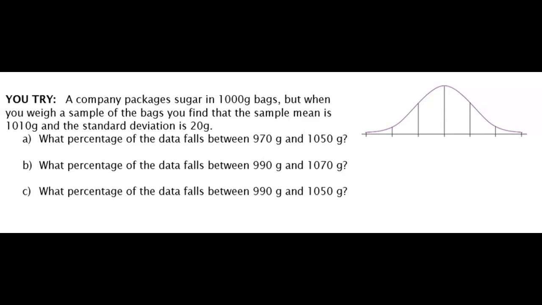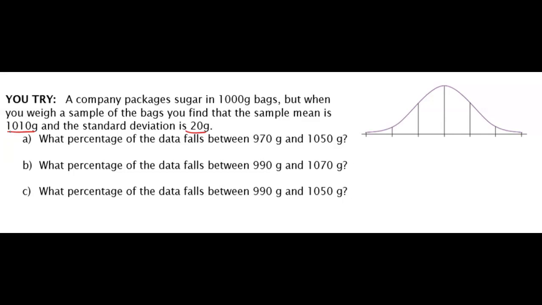In this example, we're talking about a company that packages sugar in 1,000-gram bags, but you took a sample and you weighed them and you found that the sample mean is actually about 1,010 grams and that the standard deviation is 20 grams. So the first thing we need to do is label our normal curve so that we can